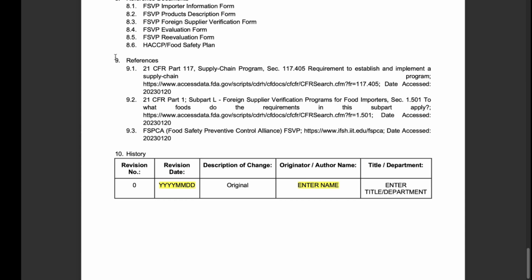The ninth component is references. The reference section is composed of guides utilized to implement the program. Examples are the Certification Guide, regulations, and other widely accepted scientific journals, research, and the like. It must comply with the standard format citation, which can be based on either MLA, APA, or Chicago style, and update the access date. The references used in this program are the following: 21 CFR Part 117, Supply Chain Program